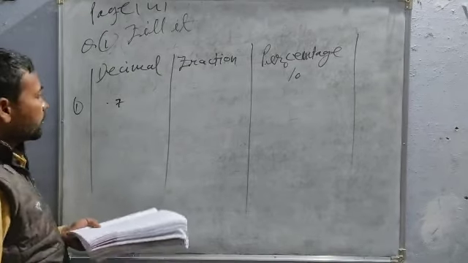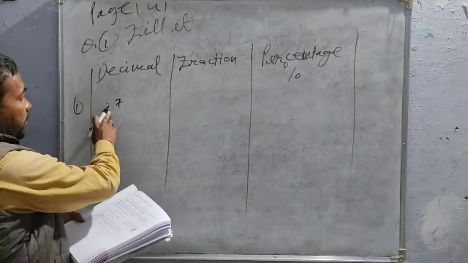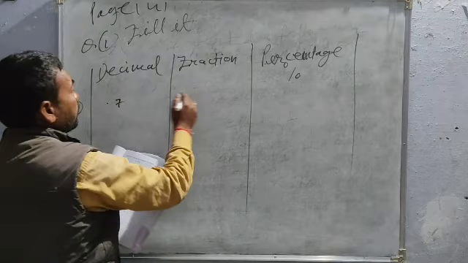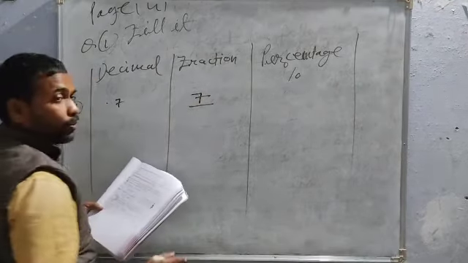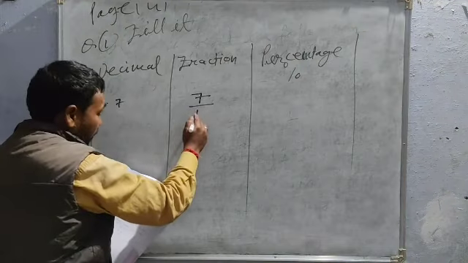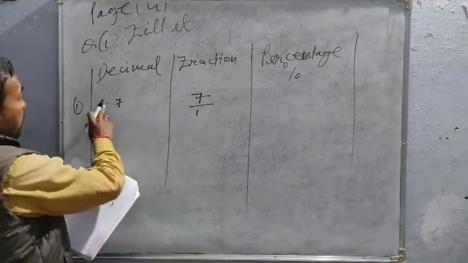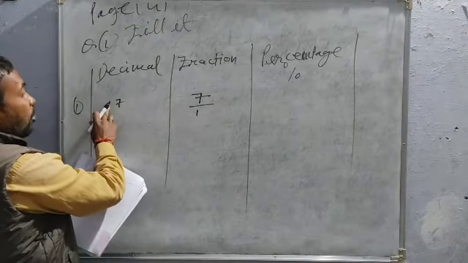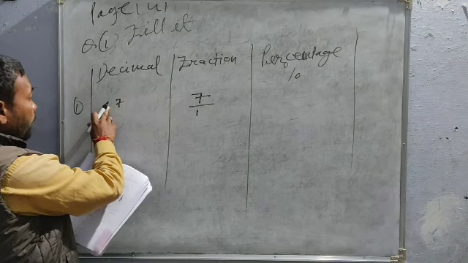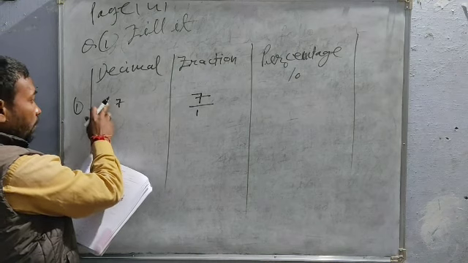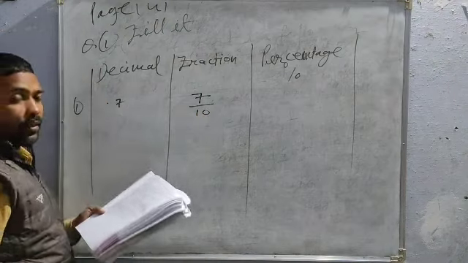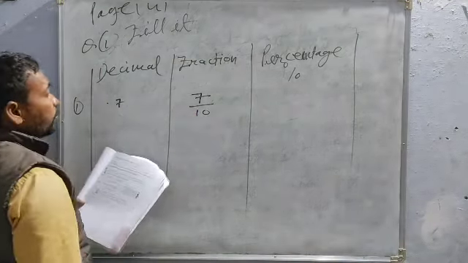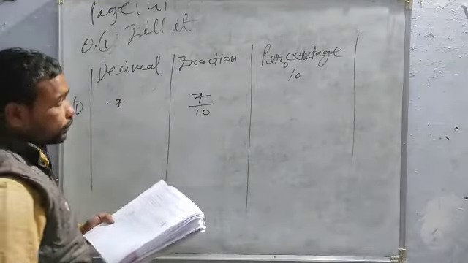So you know how a decimal number can be converted into fraction. Here see, first you write this number without decimal as numerator, and what would be denominator? Suppose decimal as 1 in denominator, children. Suppose decimal as 1, and you count how many places of decimal, or you can count the number of digits after point. That number of zeros. Here after point 1 digit, so after 1 one 0. That is 7 by 10.